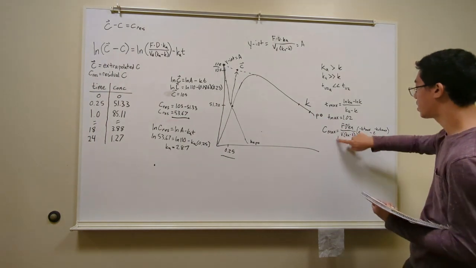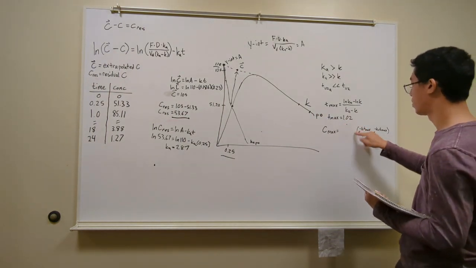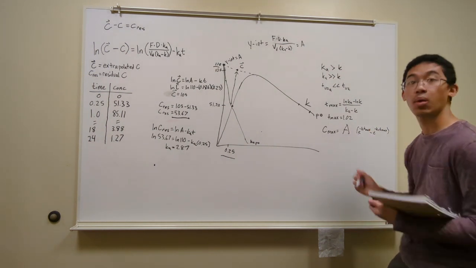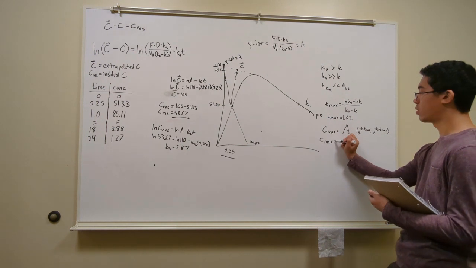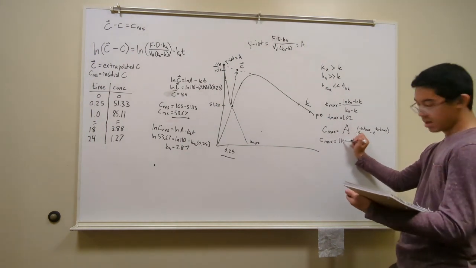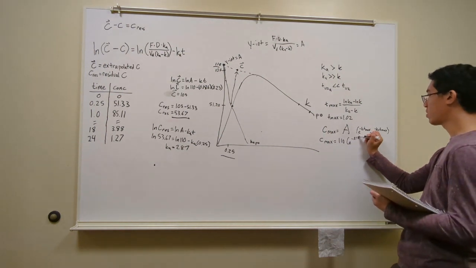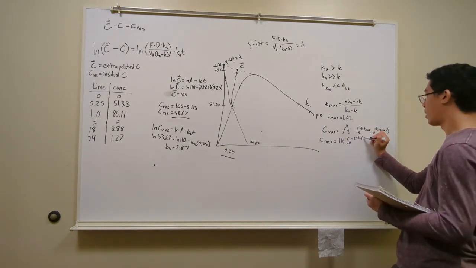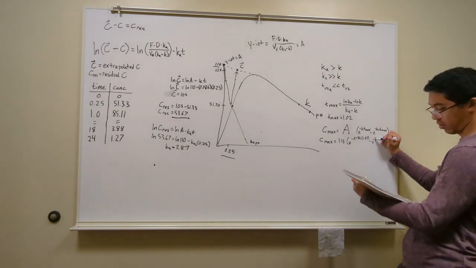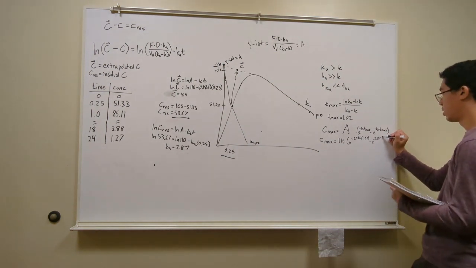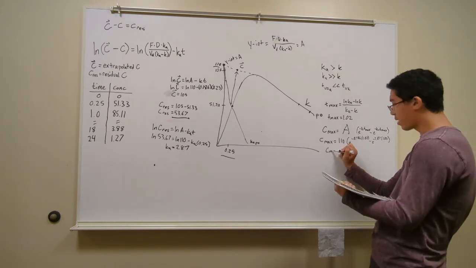This is A. So really, we could just get rid of all this and just put in A, the y-intercept. So we would get a Cmax equal to 110 times e to the negative 0.186 times 1.02 minus e to the negative 2.87 times 1.02. And you plug that all in, you're going to get a Cmax of